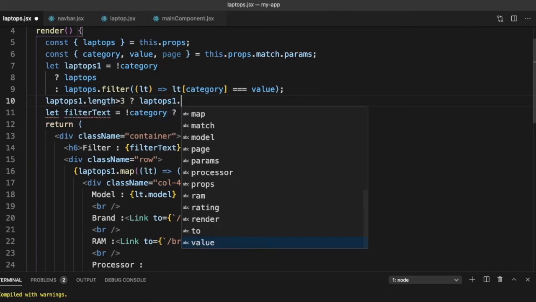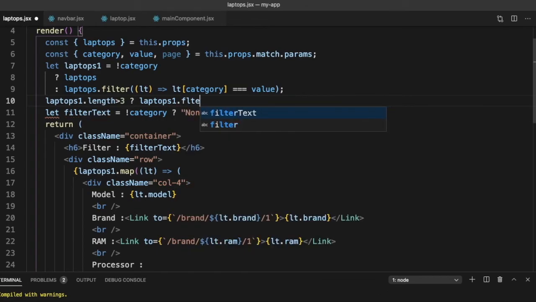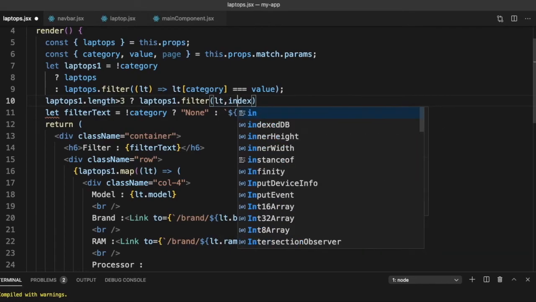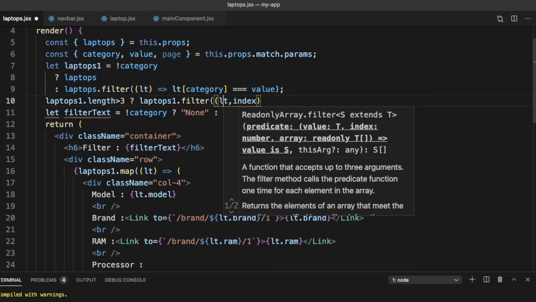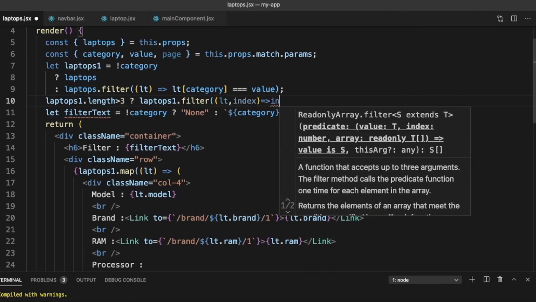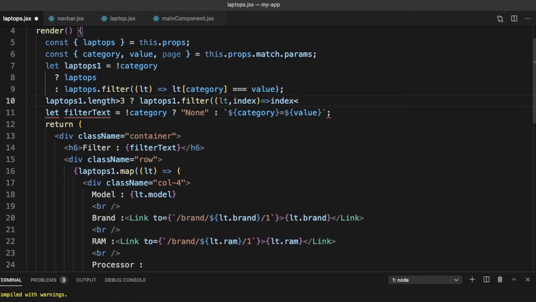Laptops1.filter, lt, and we can use the index also, just like we use in map. Let us say index should be less than 3. So we get just the first 3 values. So that's the filter.